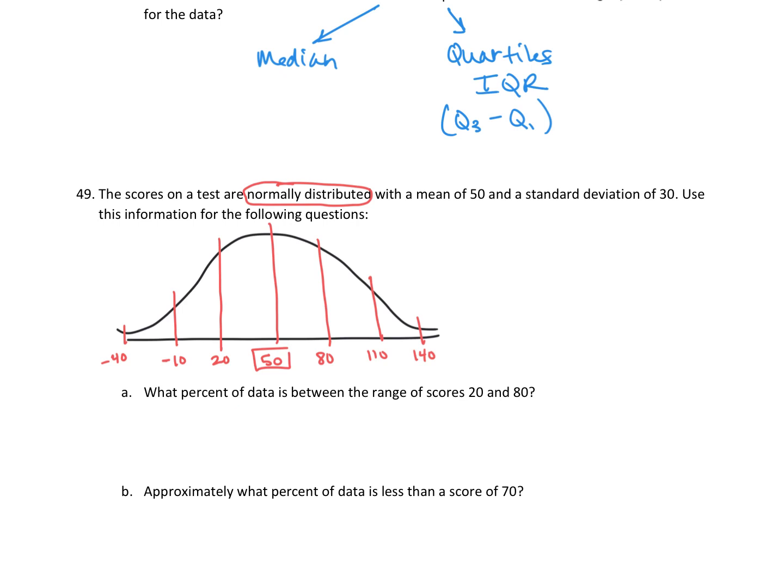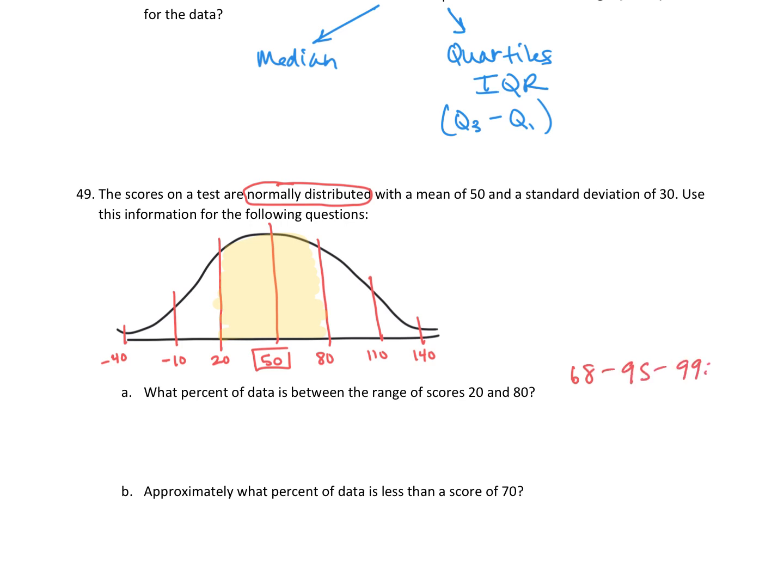So what percent of data is between the range of scores 20 and 80? So if I look at going from 20 to 80, so here's 20, here's 80. So what percent of data falls in this range? Well, we're looking at our mean is 50, so 1 standard deviation below and 1 standard deviation above. This is going to be 68% of the data. Remember, we have that 68,